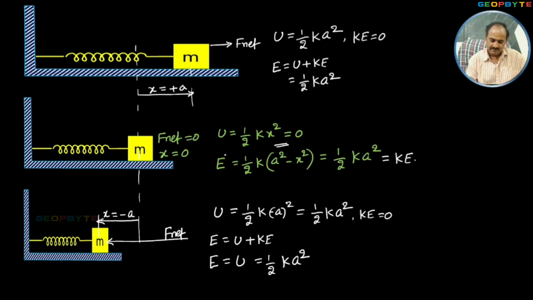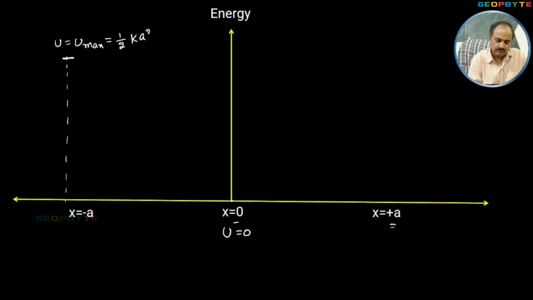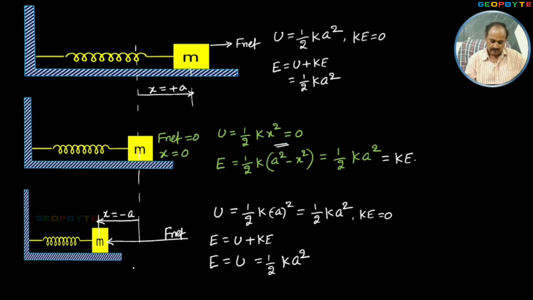That potential energy is becoming 0 at its mean position where the net force is 0. Here potential energy U equal to 0. Here U becomes U max, that is equal to half k a square. Similarly, at x equal to minus a,